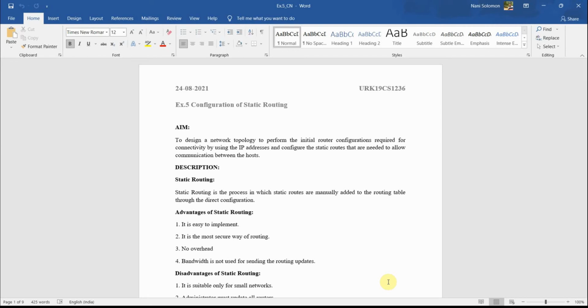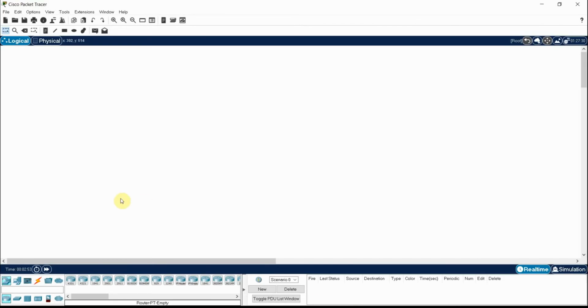I'm here to explain about the configuration of a static router. So for that, let's go to Cisco Packet Tracer. Let me install